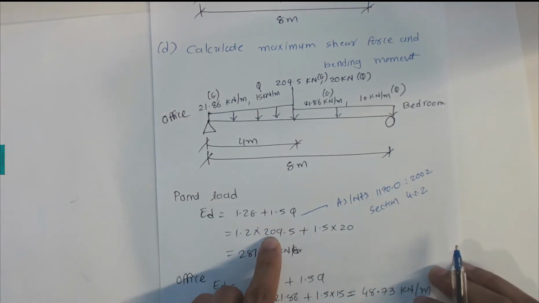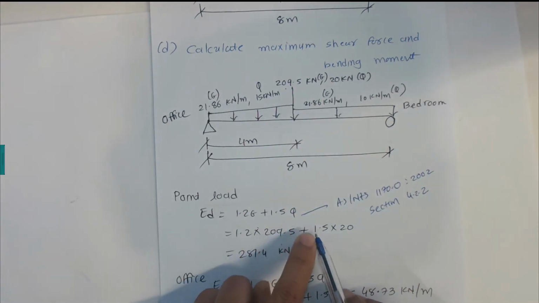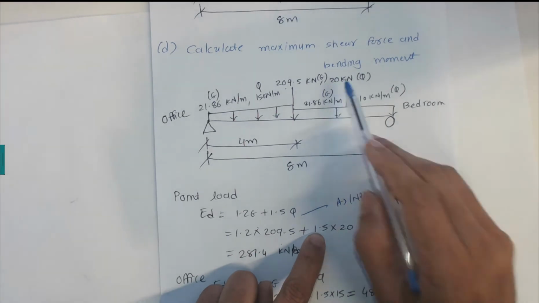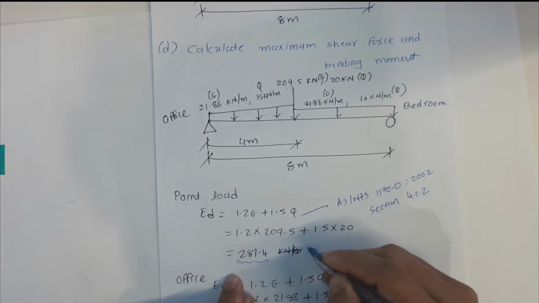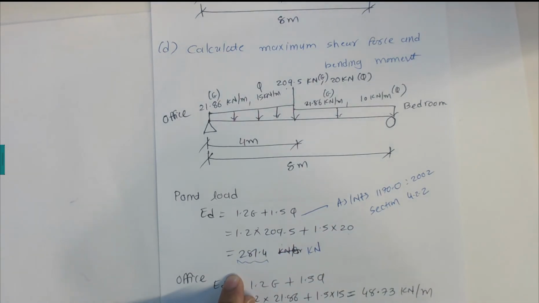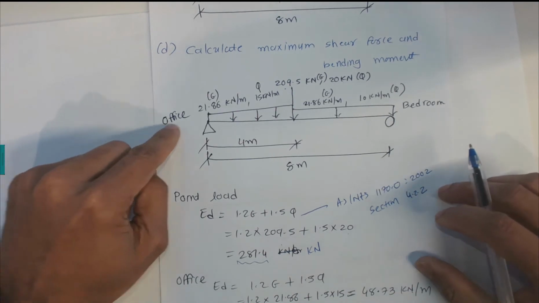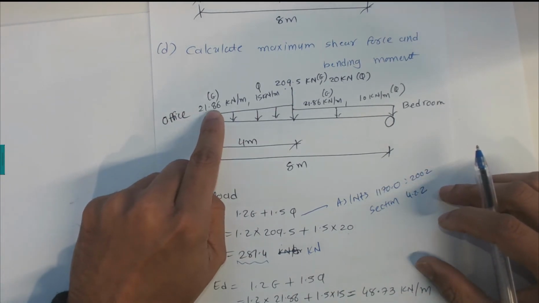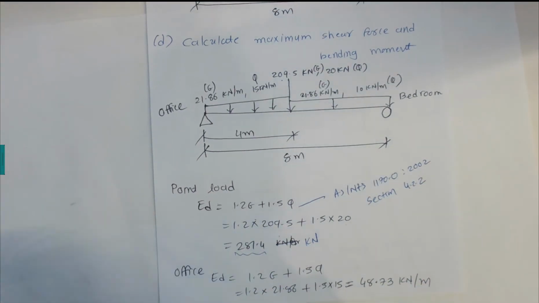Now 1.2 times 209.5 plus 1.5 times the live load of 20 kilonewtons gives 281.4 kilonewtons. That is the combination of dead load and live load. Now at the office we have a dead load of 21.86 and a live load of 15 kilonewtons. I can show you that for the office, in question A, we calculated